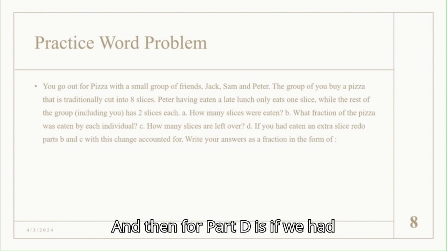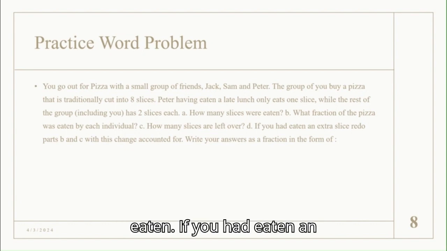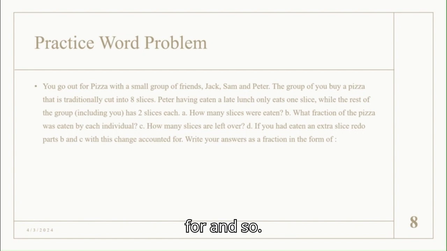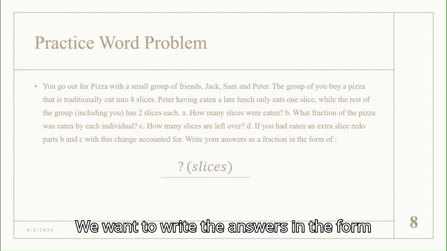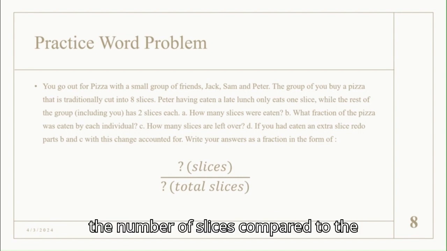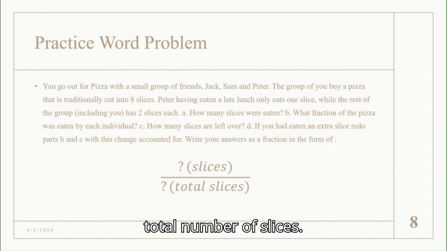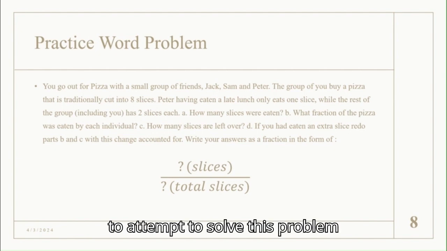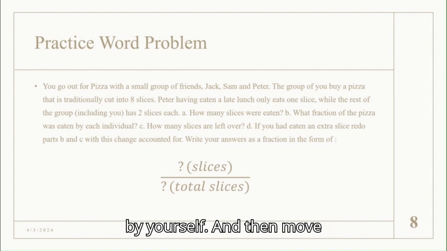And then part D is if you had eaten an extra slice, redo parts B and C with that change accounted for. And so we want to write the answers in the form of the fraction, the number of slices compared to the total number of slices. Pause here if you want to attempt to solve this problem by yourself, and then move on to